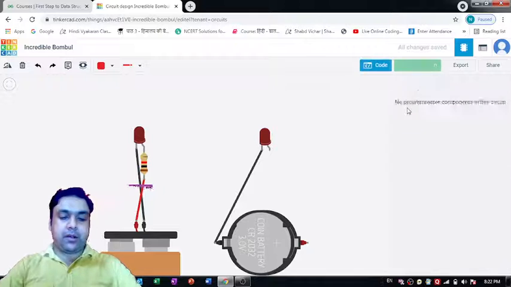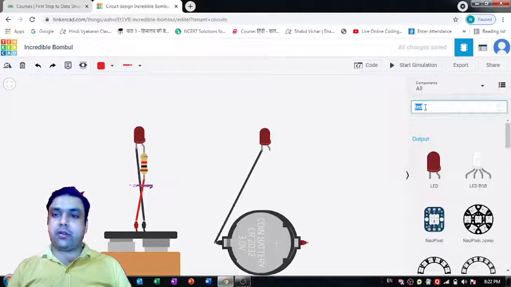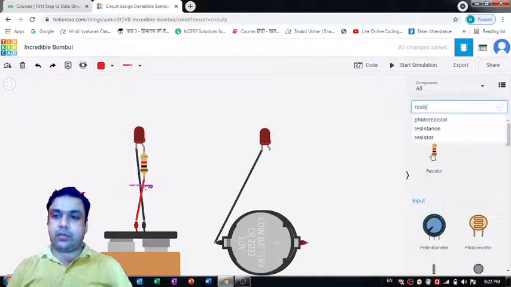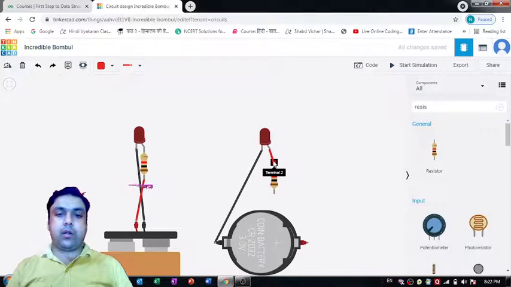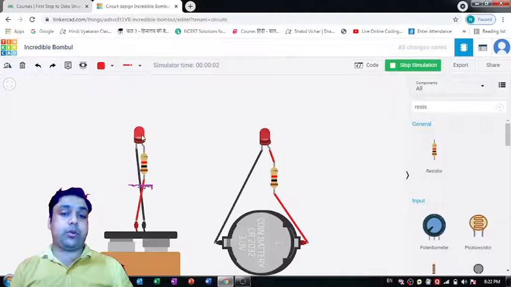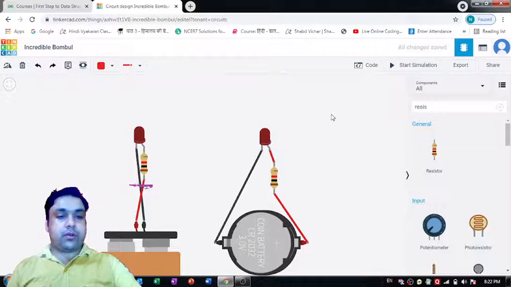We'll put a resistor. Let's bring a resistor over here. So the resistor, we can drag and drop it over here, and then we are going to use the same red wire. And now when you run this simulation, that's what you will get as an output. Isn't it amazing? Okay, so I think now you know how you can use this 9-volt battery and this 3-volt battery.